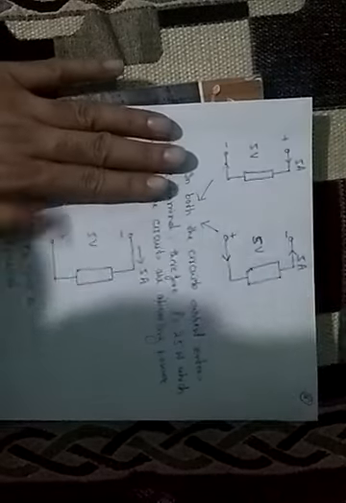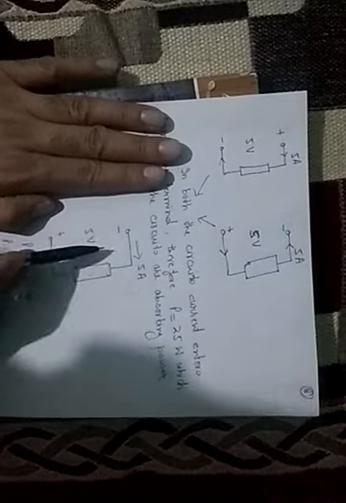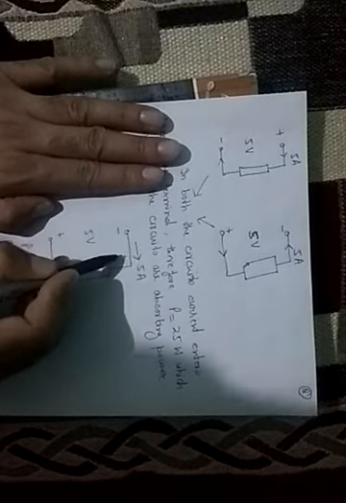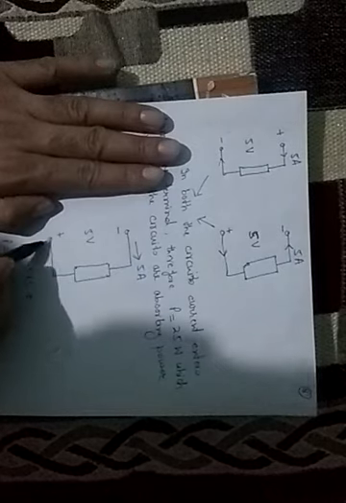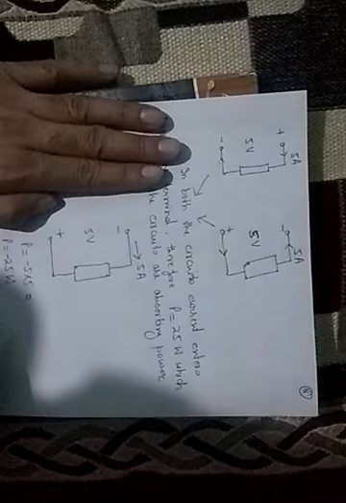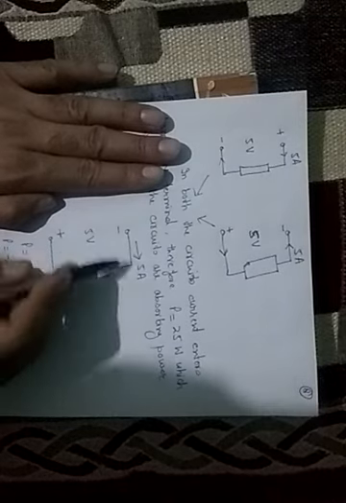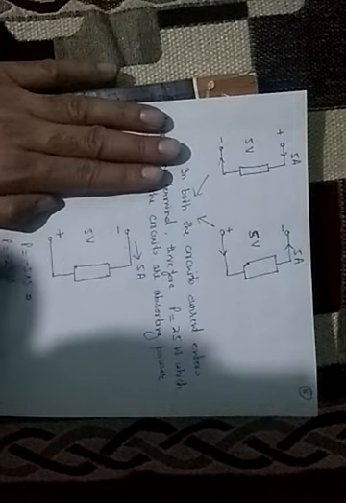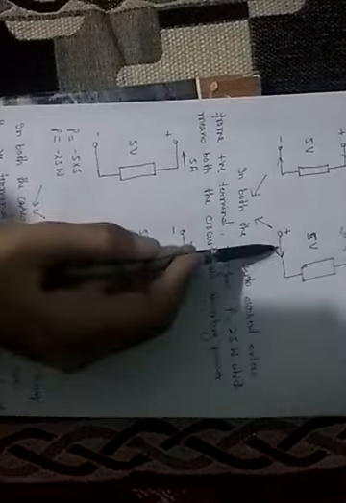If you look at this diagram now, the current is entering from which terminal? The current is entering from the negative terminal and it will leave through the positive terminal. This is positive. And it will leave through the positive terminal. So in this case, again, the power is negative. So minus 5 into 5, minus 25 watt. So in these two circuits, power is negative, and in these two circuits, power is positive.